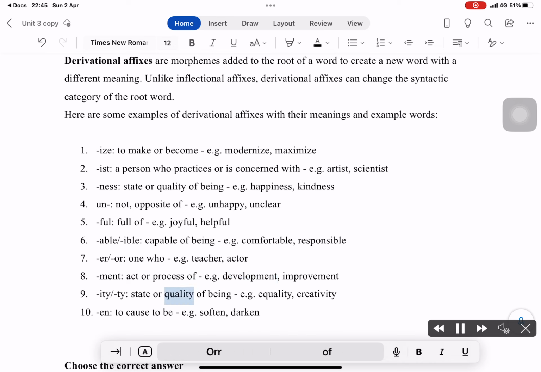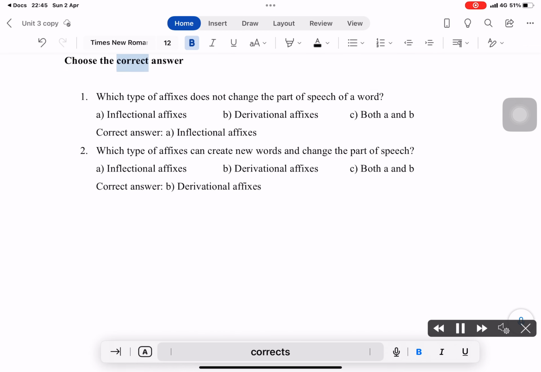Ity, state or quality of being, e.g. equality, creativity. En, to cause to be, e.g. soften, darken. Choose the correct answer. Which type of affix